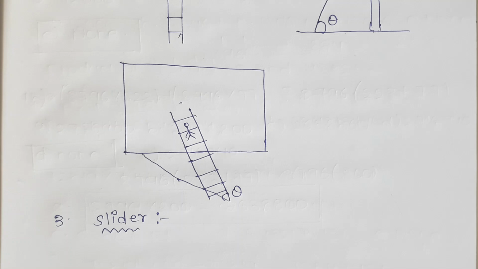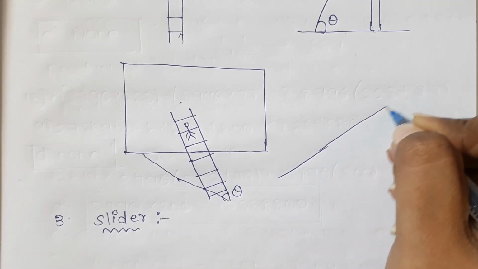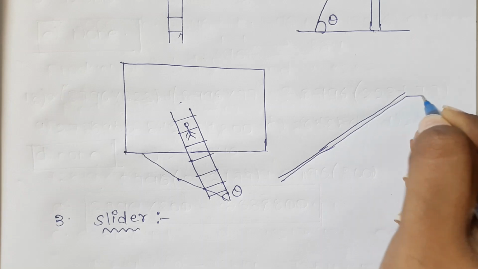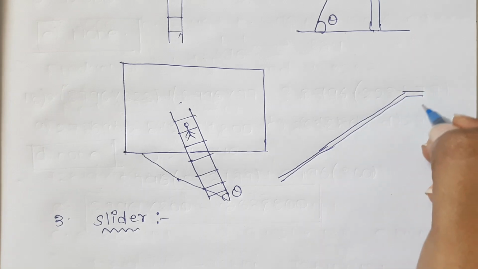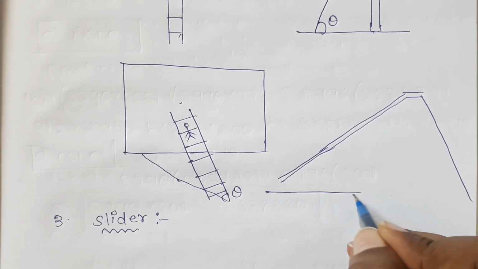If we change the angle of the slider, will the children be able to slide on it? No. Now let us see the figure. Here, this is the earth,